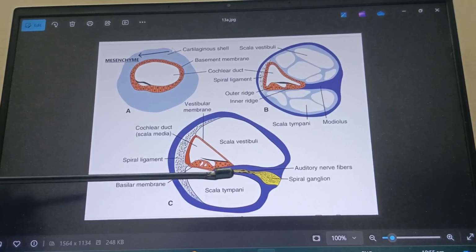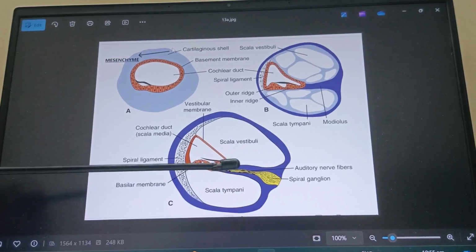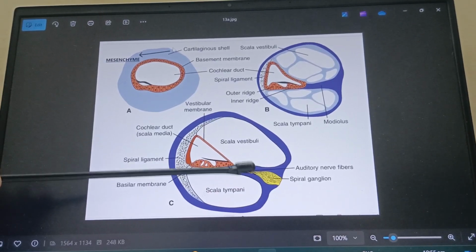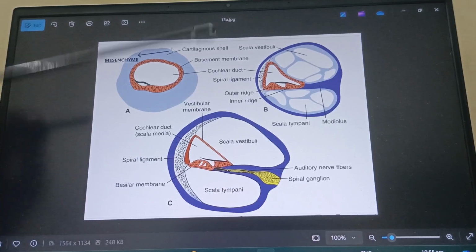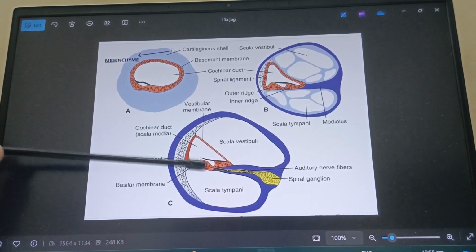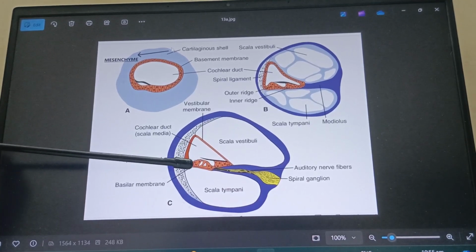This bony shelf-like structure coming from the modiolus is called the osseous spiral lamina, and above it the periosteum bulges to form the limbus spiralis, right? And what about the organ of Corti? It consists of various cells, inner and outer hair cells, and we can see other varieties of the